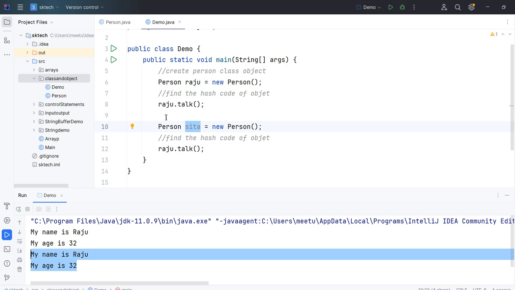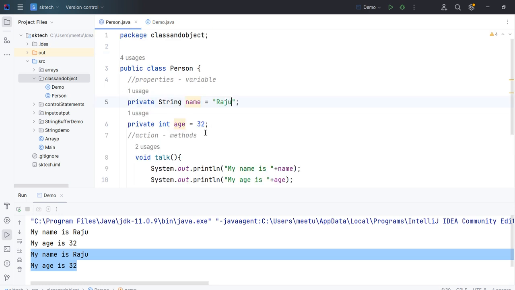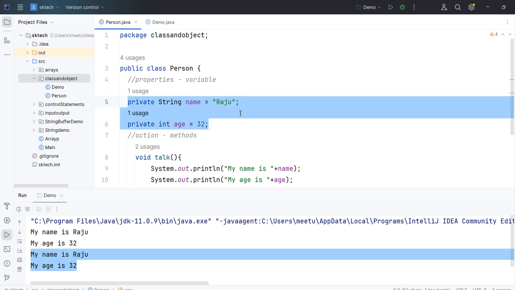In my previous video, we have seen what is an object and class, how we can create the class, how we can create the object, and how we can initialize the variable. We have seen two ways of initializing the value. The first way is in some other class, like in Demo, where the Demo class is able to access the variable and initialize it. That violates the security of the data. The other way is initializing the variable inside the class itself. Then again we have seen the problem while initializing the value in this way.